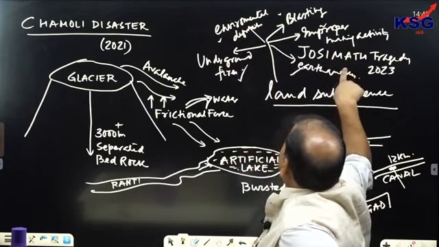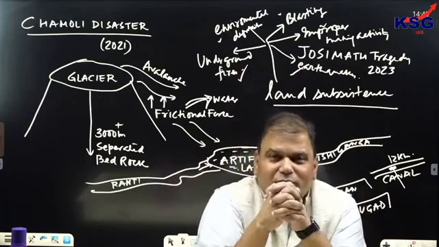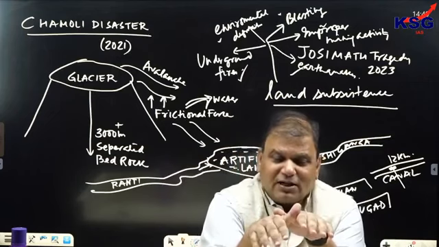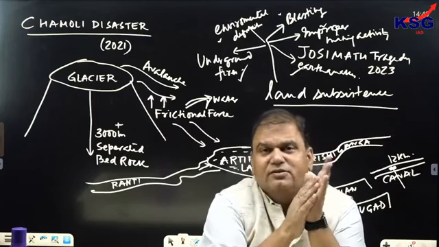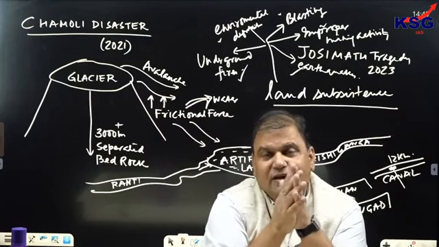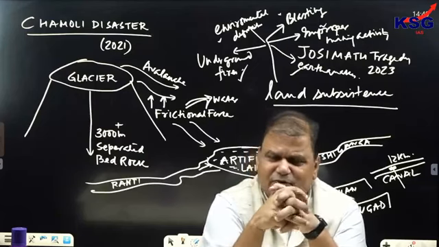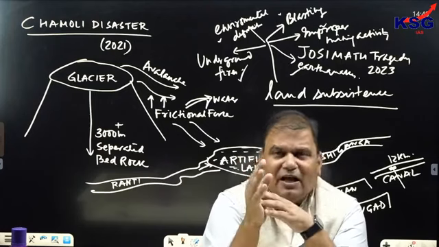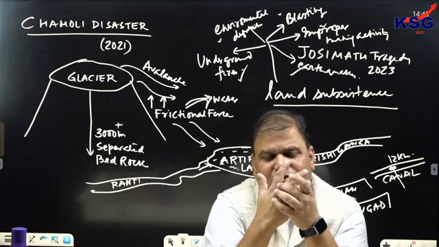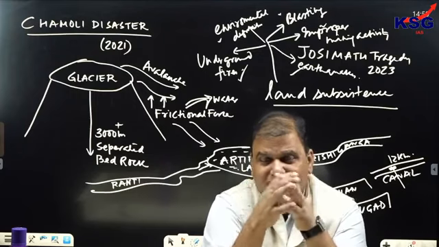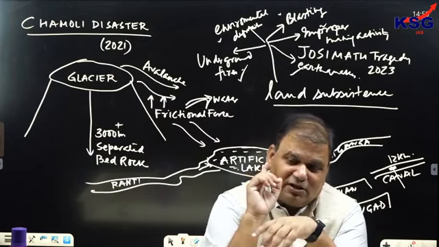Clear? In the case of Joshimath, which occurred recently, the main factor was blasting, because blasting was conducted by the company to reach the machine. And when it conducted blasting, cracks developed on the walls, and not only the walls, cracks also developed on the roads from where muddy water started to gush out, and this muddy water was trapped when the Chamoli disaster occurred.